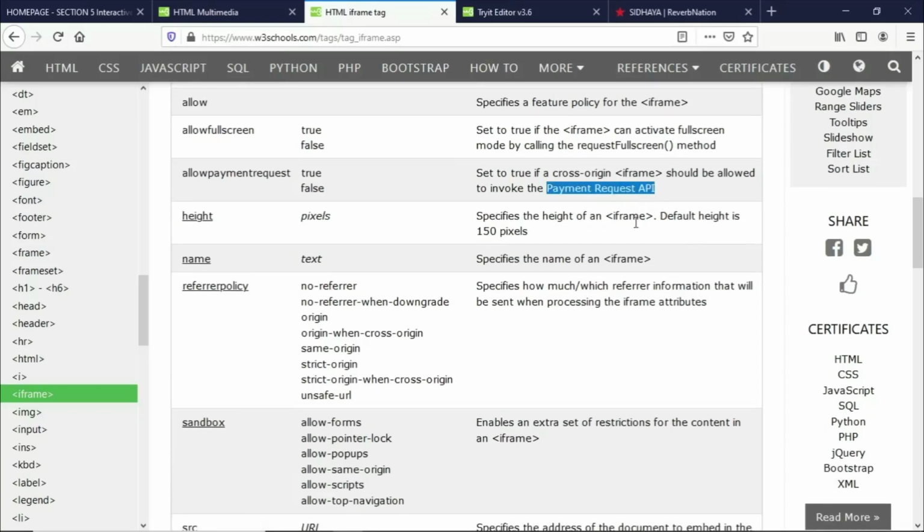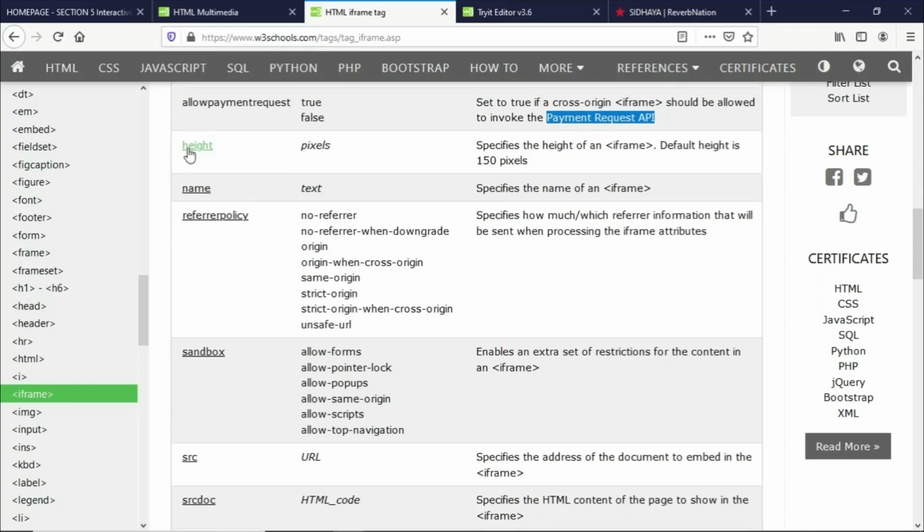and if we go down here, we can also use an API or an application programming interface. Here we have the attribute for the height, and the default value will be 150 pixels. At least you are now more aware and you know that these are things that are existing. So I just want you to go through some of the other attributes here,